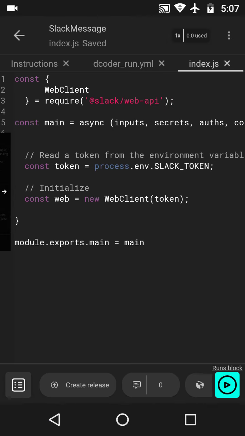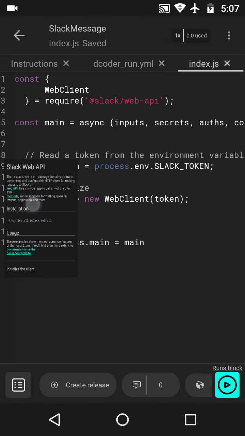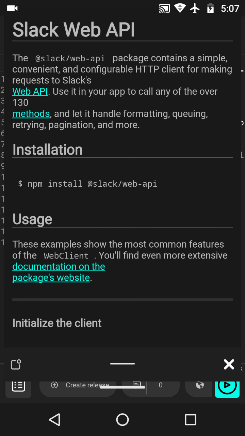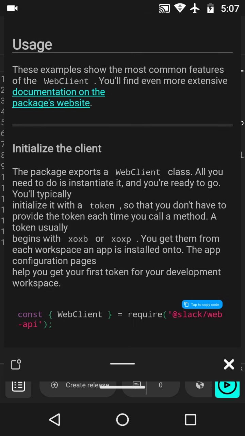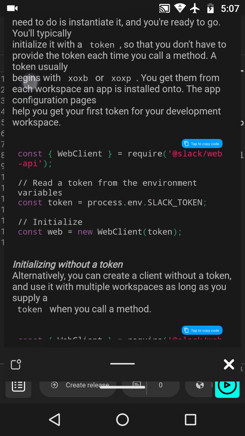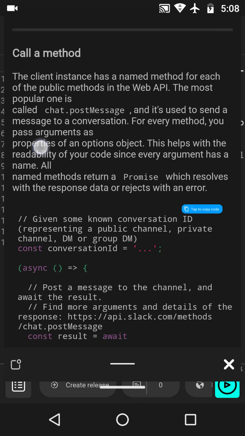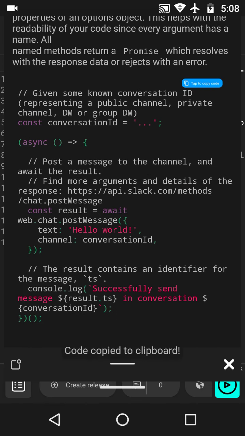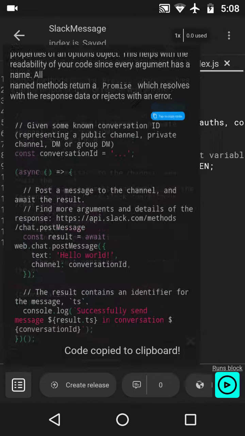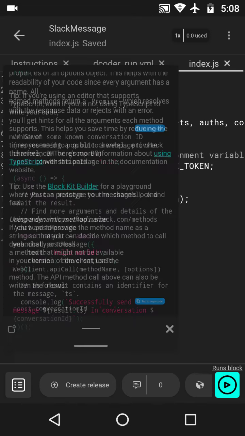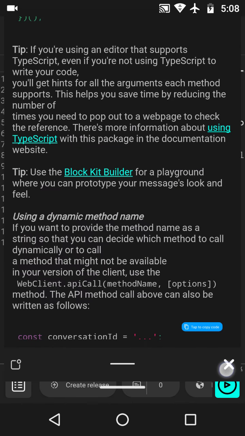Okay. Now let's open up the readme again and see what we need to do next. Now this code talks about how to send a message, I need to call this code. So click on it to copy the code. Let's close this window now.